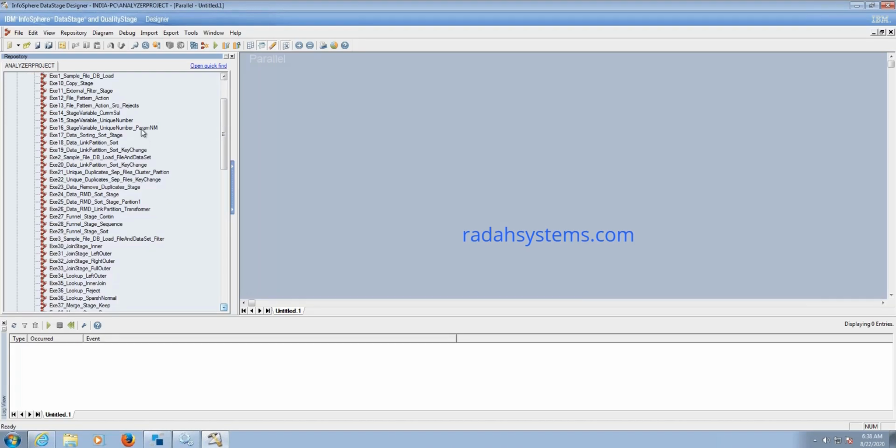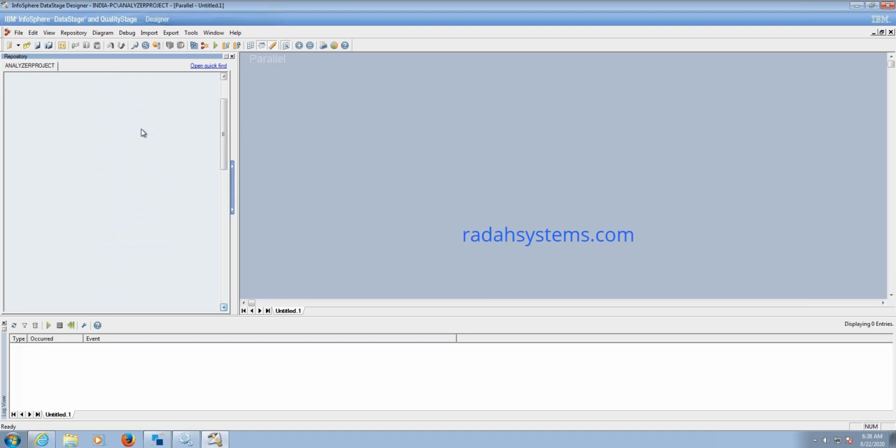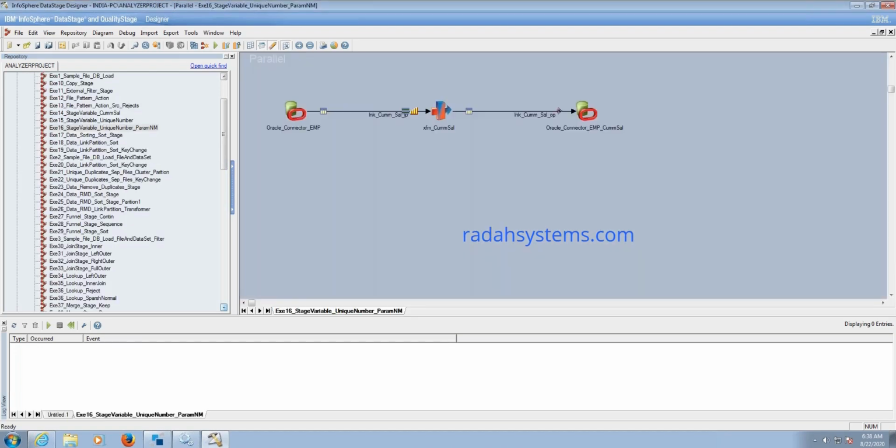So this is the job. It's opening. Here, the source and target are Oracle. So how do we create a job runtime parameter?